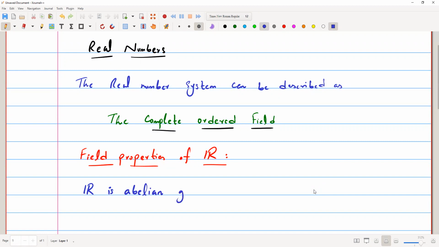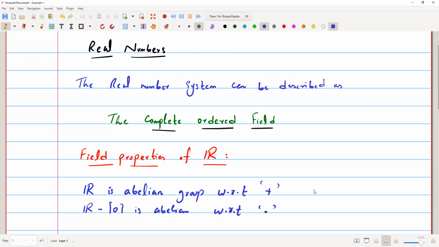R is an abelian group with respect to addition, and R minus 0 is abelian with respect to multiplication,